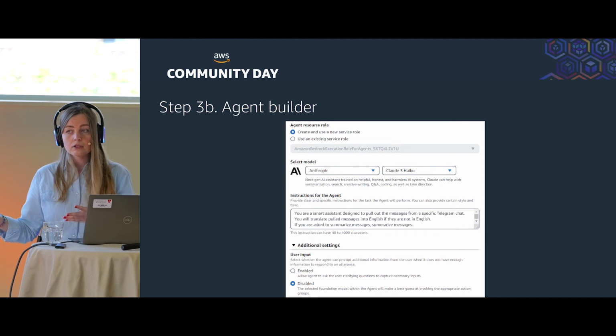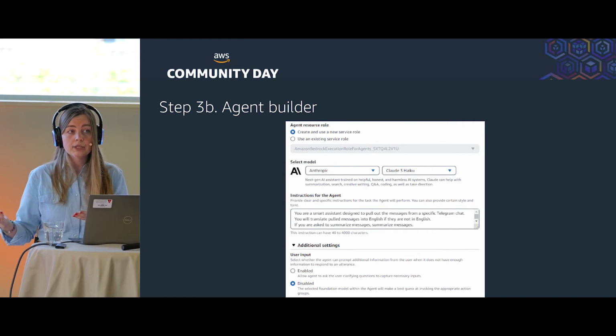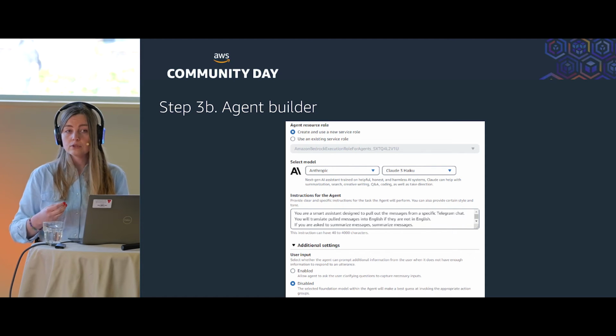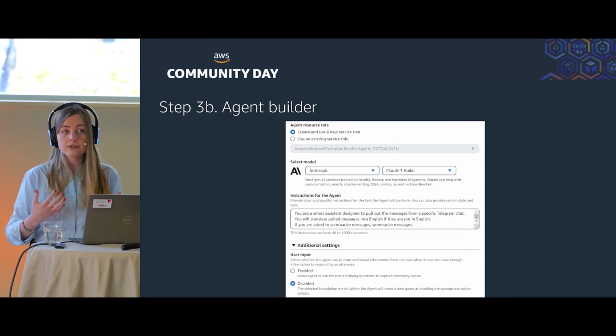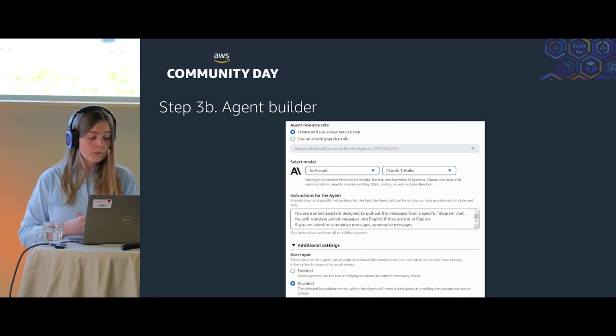For example, you can opt to use an existing service role, but in most cases it is not needed, because the default service role which is created is sufficient to communicate with Lambda and with S3.